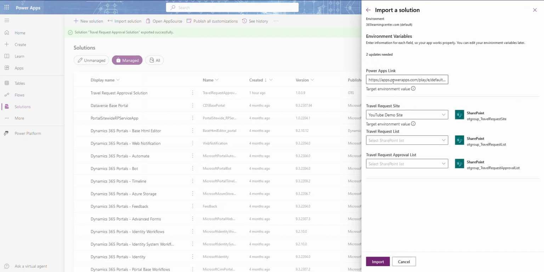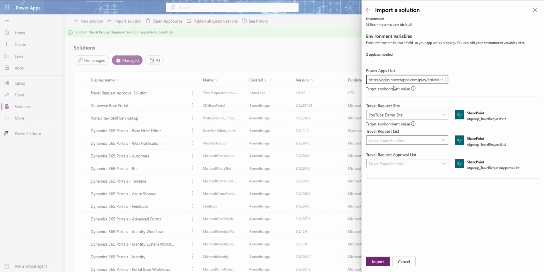Now here are those variables. So for my Power Apps link, I put in here the Power Apps link for the production environment. Now when you do this for the first time, you're not going to have this link, but it'll still allow you to import, and after you do that, you can go back. At that moment, you would have the appropriate link, and you can always re-import it, export it, and then put in the right link. Because I'm using the Power Apps link variable within my